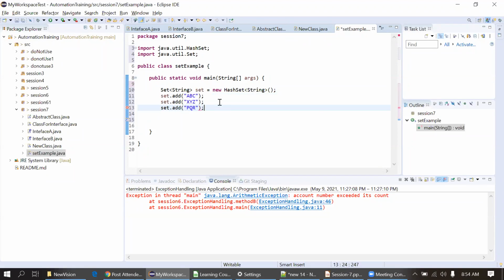Like this, we can add values here in the set. So I'm again adding xyz here. And I'm just printing this.